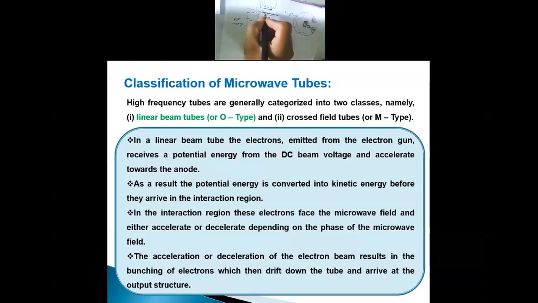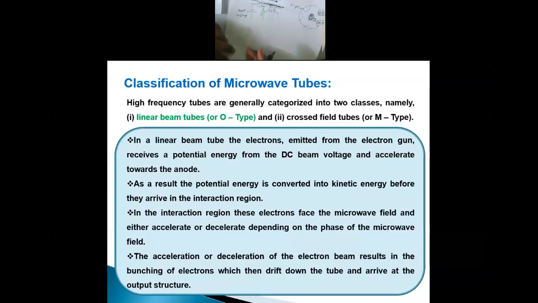If it emits the electron, that electron will be accelerated towards the anode. Now what happens? As a result, the potential energy is converted into kinetic energy before they arrive in the interaction region. This is nothing but the interaction region. Electrons are moving from this cathode and getting their energy. The electron has potential energy, and that energy is converted into kinetic energy